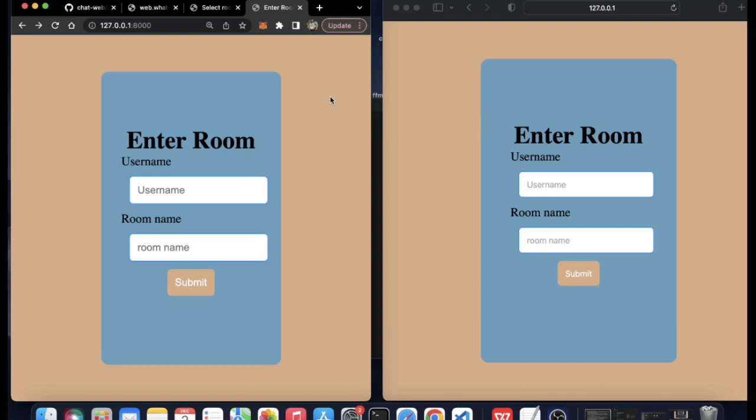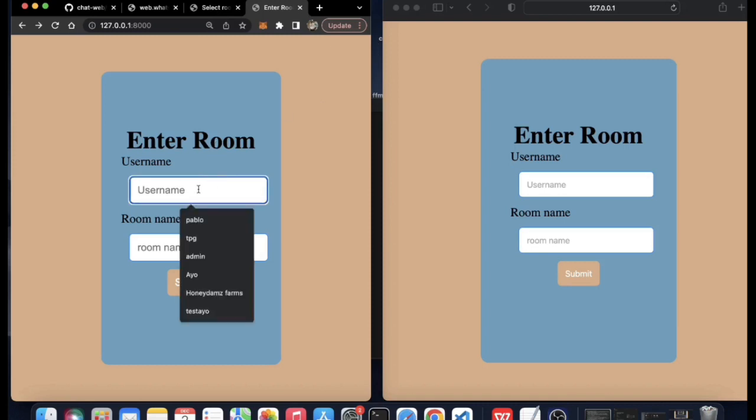So what happens is that our backend creates a room and then it allows different users to log into that room and send messages to each other. So I'm just going to show you a quick demo. So right now it tells us to enter a username. So I'm just going to enter AYO,